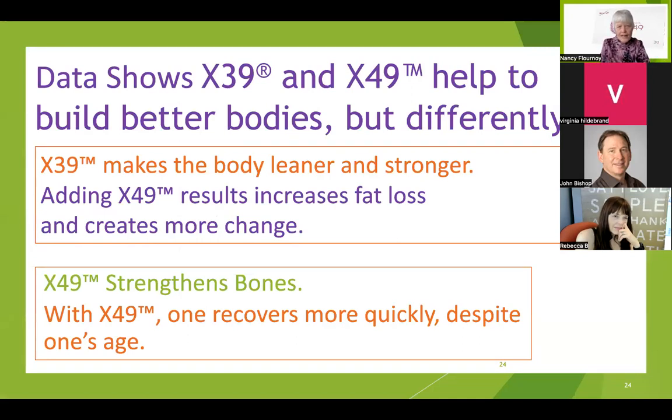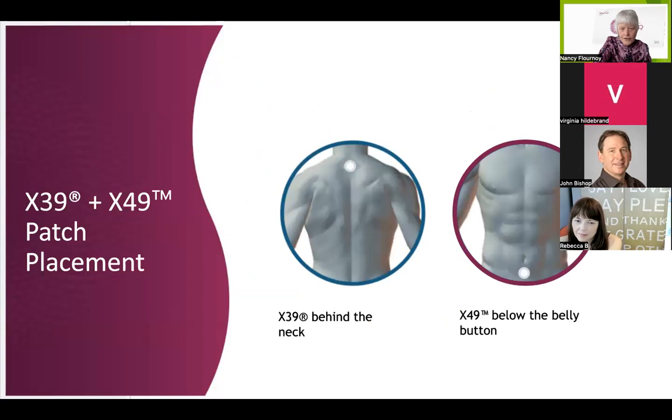So their data is showing that X39 and X49 both help to build better bodies, but they do it differently. X39 makes the body leaner and stronger. Adding X49 increases fat loss and creates more change. X49 strengthens the bones, which we didn't talk about explicitly, but I've heard Dr. Melinda Connor talk about it. And with X49, one recovers more quickly, regardless of your age. So, on the back of the neck, under the belly,